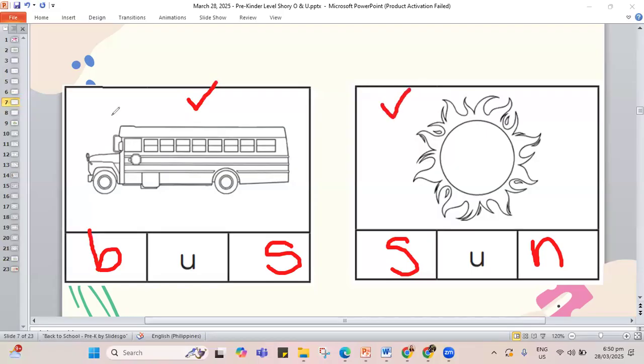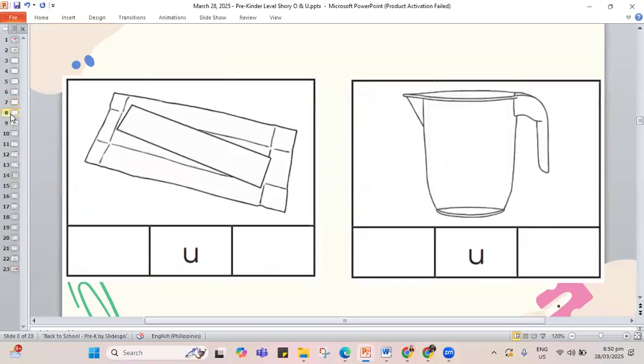Okay, next, done with these. Let's jump to another set, the last set to spell. Okay, this is a kind of candy that you chew. It's the gum. G, g, so you have letter G, U, and M to make the word gum. The gum is too sticky. So if you are trying to chew the gum and if you're done with it, you have to wrap it again in its wrapper and throw it properly.